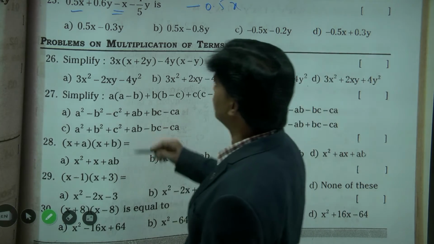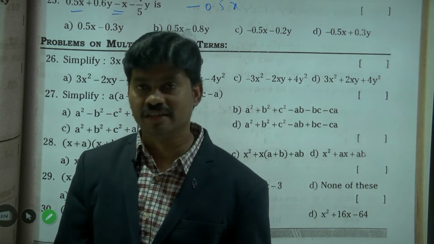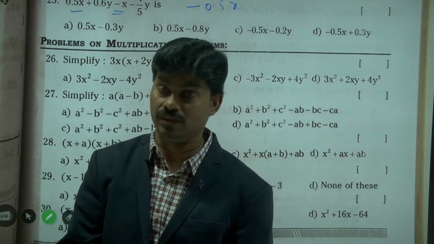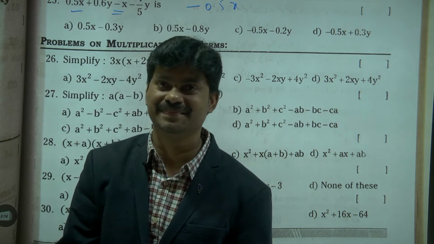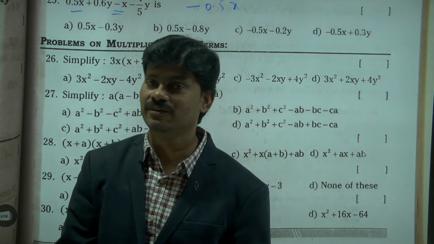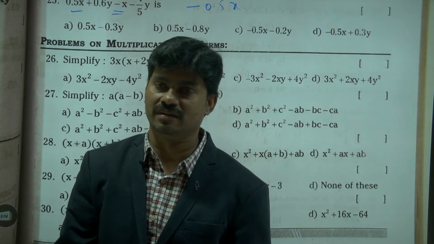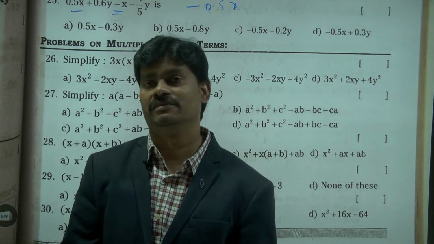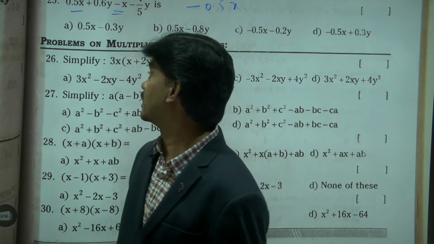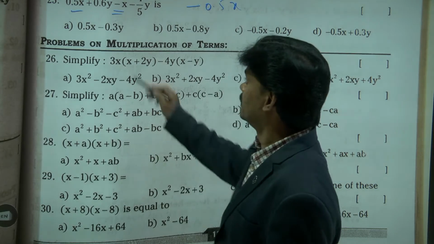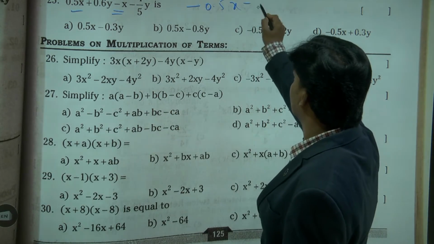The y terms have a fraction. If you would like to convert 4 by 5 to a decimal, you can convert it. If not, just take the LCM and we can do it. 4 by 5, I would like to write in decimal form, right? How many 5s are in 4? 0.8, since 0.8 into 5 is 4.0. So 0.8 times. 0.6 minus 0.8 is minus 0.2, yes, option C.